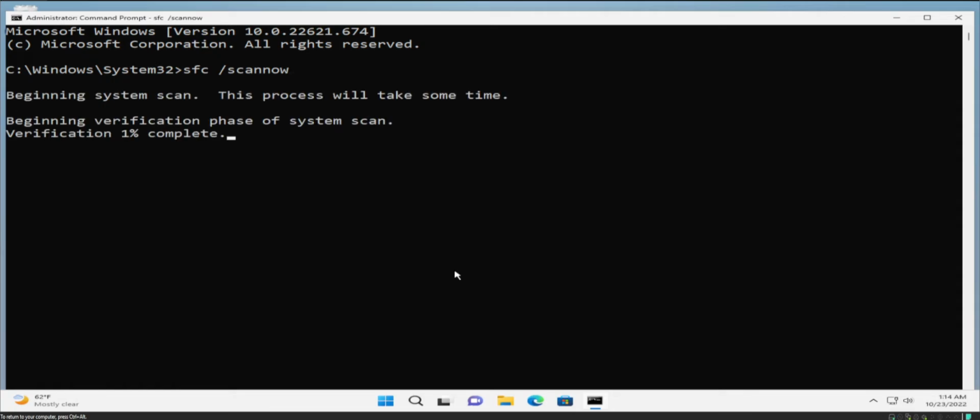Beginning the system scan. This process will take some time. Beginning verification phase of system scan, and wait a moment. 4% complete. Be patient, and this process depends on your speed,